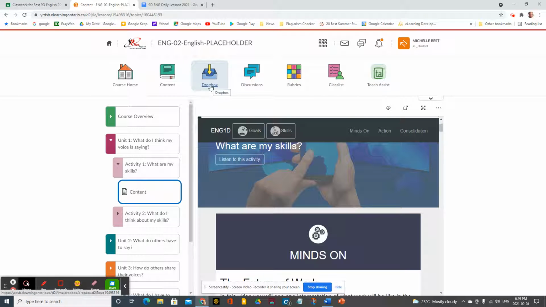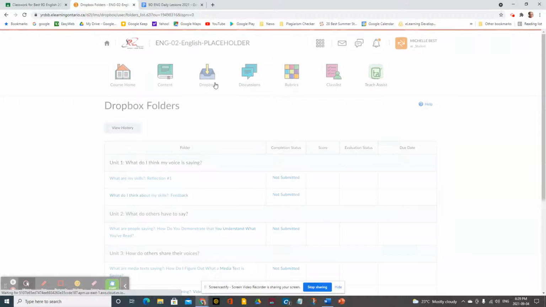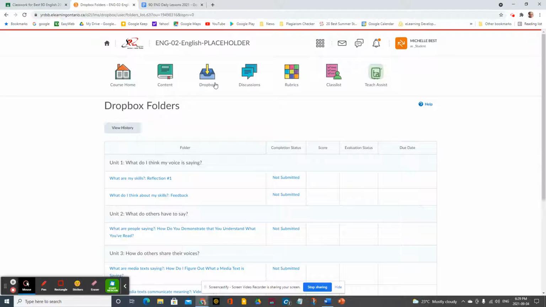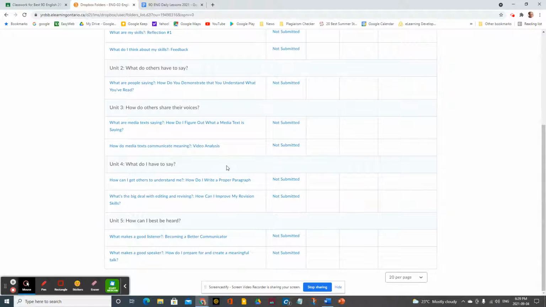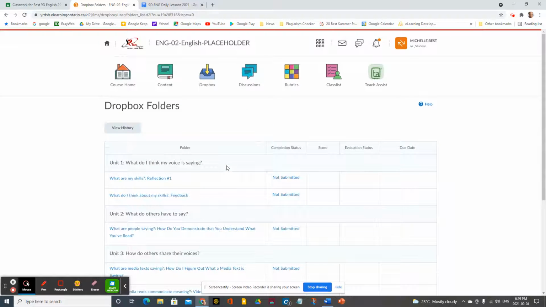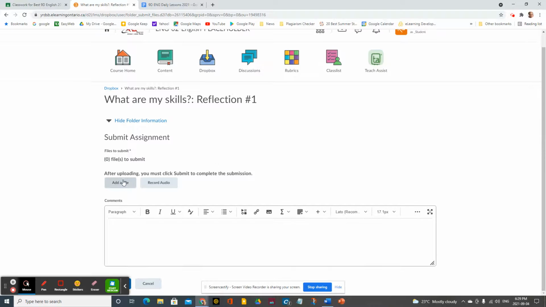And now let's look at Dropbox assignments. These assignments can be accessed two ways: through the Submit Your Work links in the content pages, as we just saw, or through this icon, the Dropbox icon at the top of the screen. Click on the Dropbox icon to see a complete list of the required Dropbox assignments. Click on the title of the assignment, choose Add a File,